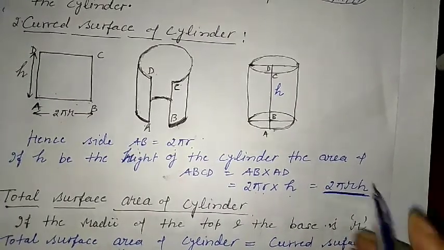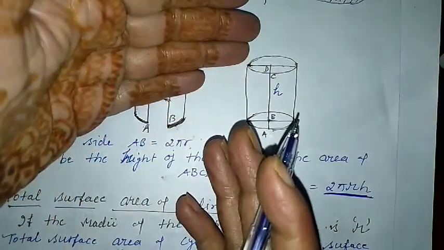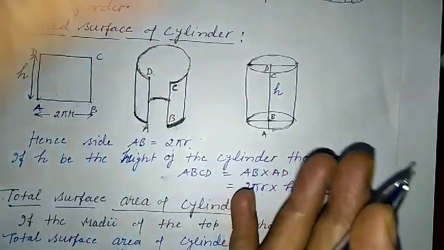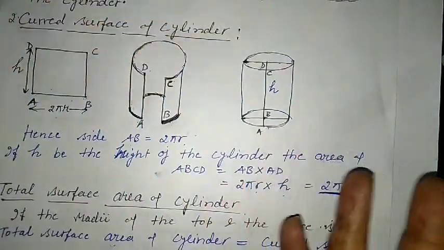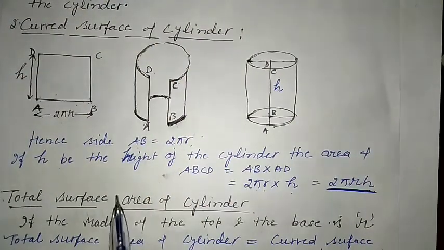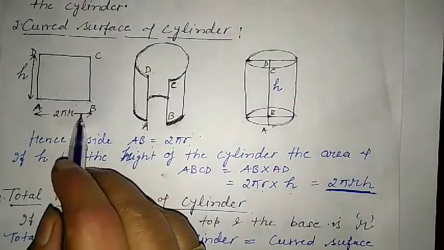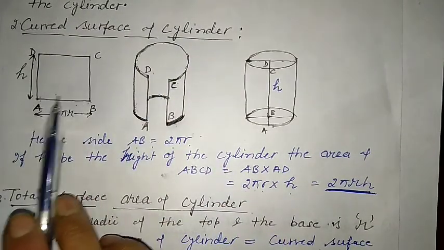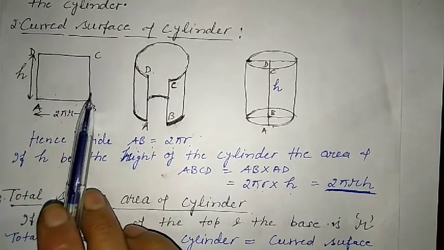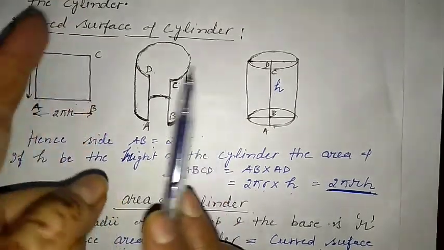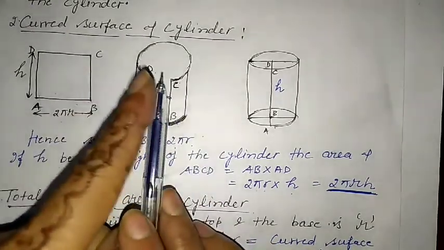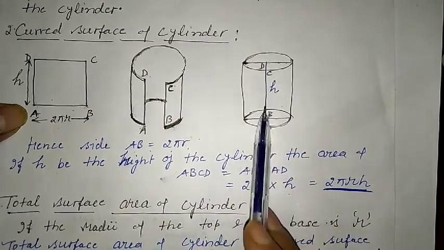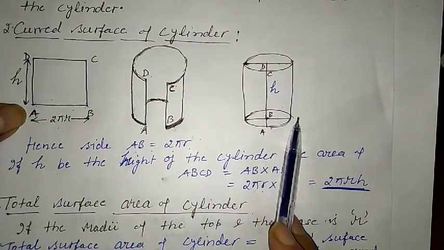2 pi r h. The figure is open from both the upper end and the lower end. There is no lid, just like a container. This is without lid and bottom. So this is the rectangular base. So the curved surface area of the cylinder: if we join or coincide the two sides, then it becomes a cylinder. The side around which we rotate becomes the height, and the other side becomes the circumference.